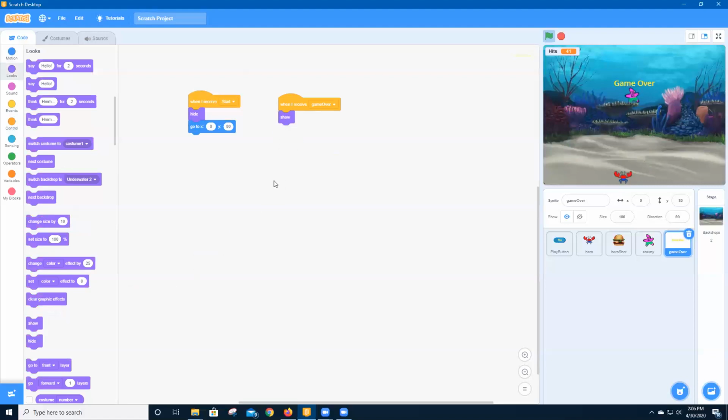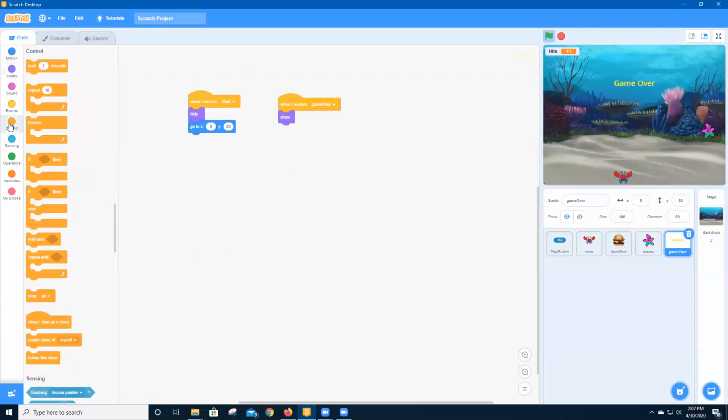And then we're going to do a really quick stop all. Let's see if the stop all does something. We'll probably have to change the stop all out of here, but we'll bring in a stop all, and the stop all is under control. We'll bring in a stop all just so we can test this out. What happens if this guy hits? All right, game over, everything stopped. Okay, that works. So if I come back and play the game again,